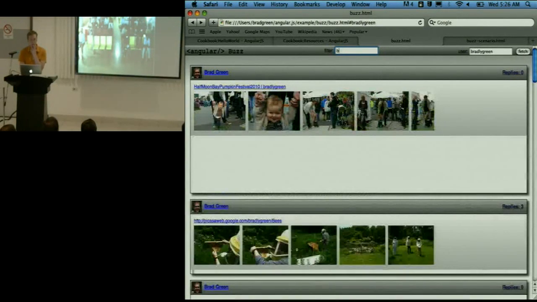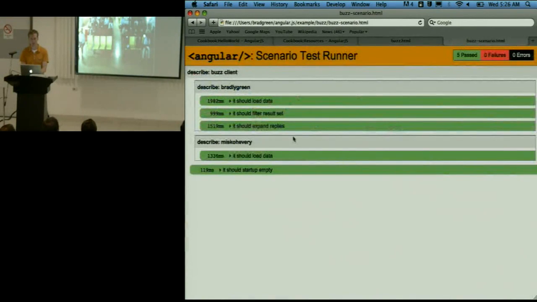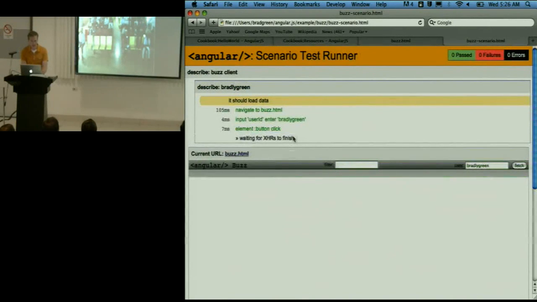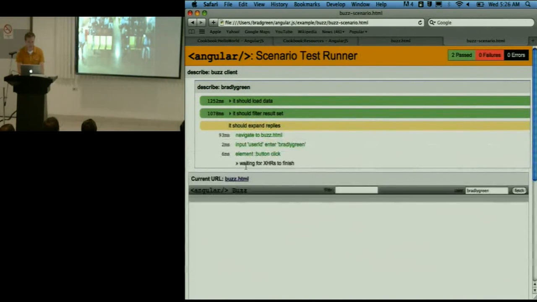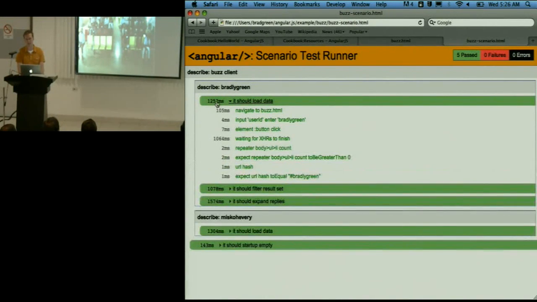Okay, but I want to run some tests against this. So I actually built a test runner for this, and I've run them, but I'll just click reload. You can notice it's pausing here, and it's saying waiting for XHRs to finish. Going a little quick to see, but here's that step. So Angular actually knows when all of its requests to the server have completed, when everybody in the UI has consumed the data and rendered it appropriately and stored it in the model, and the test can continue. If I go look at the code for the test itself,